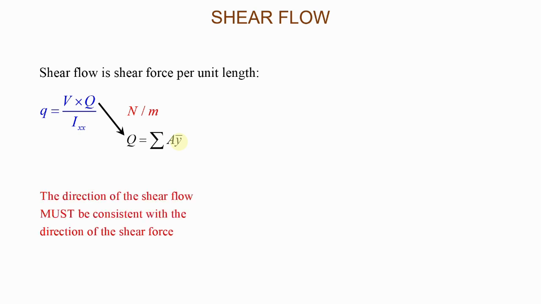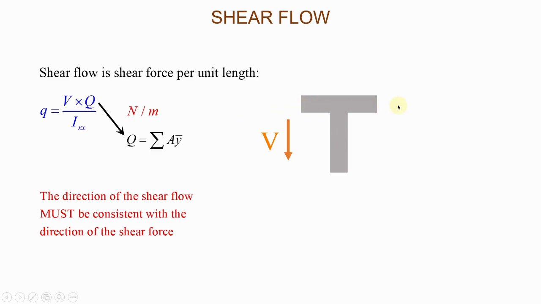Okay, so the direction of the shear flow must always be consistent with the direction of the shear force, okay? So you can think of the shear flow as being a flow of water, and that water will flow in a way that will be consistent with the direction of the shear force. So for instance, if we look at this T-section that we have here, you can imagine shear flow as being water coming in from this side and then from that side, and it has to flow in the direction of the shear force. So if we have a shear force that is pointing down,